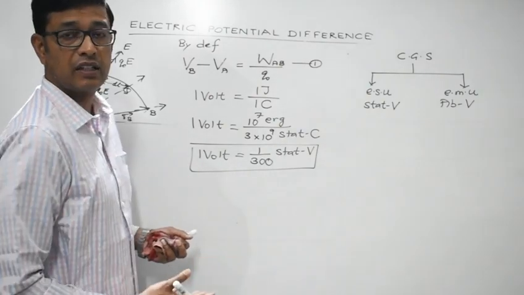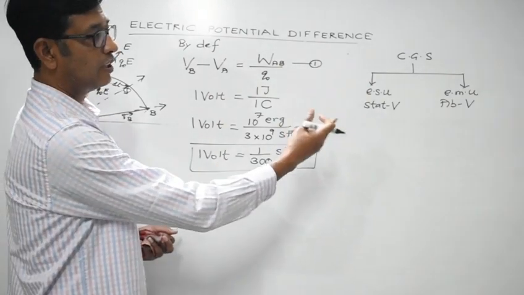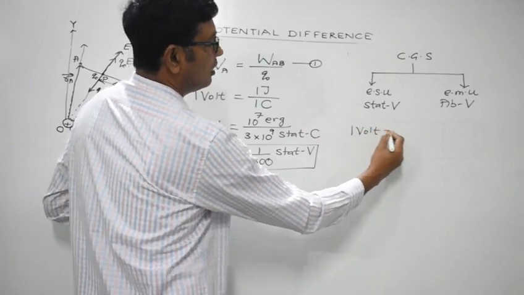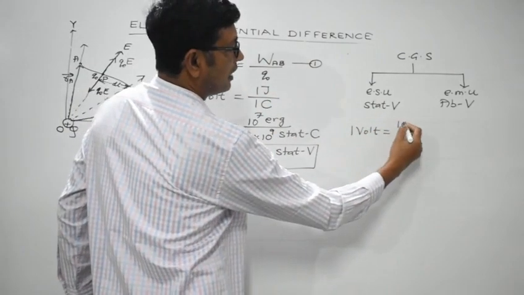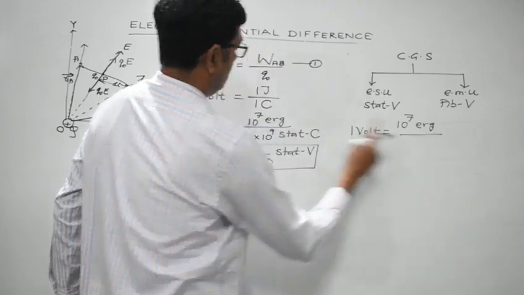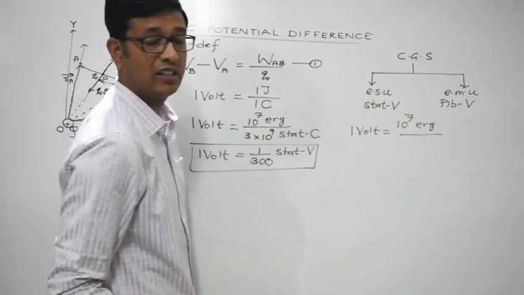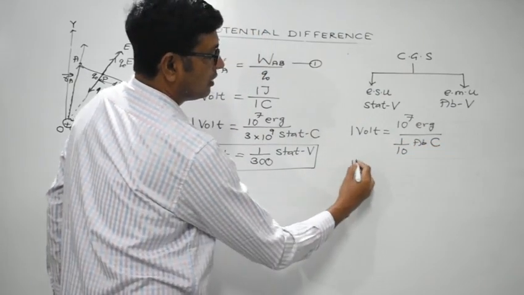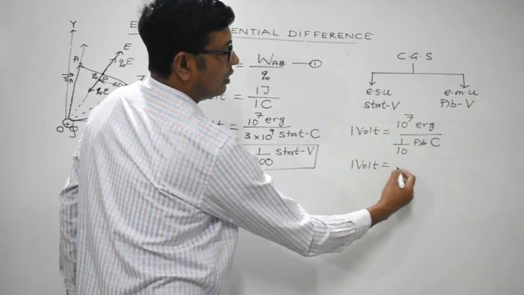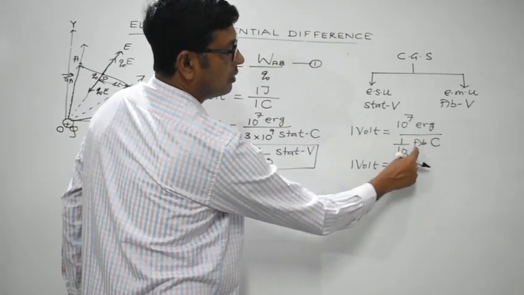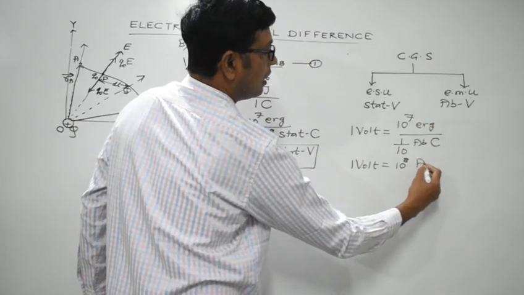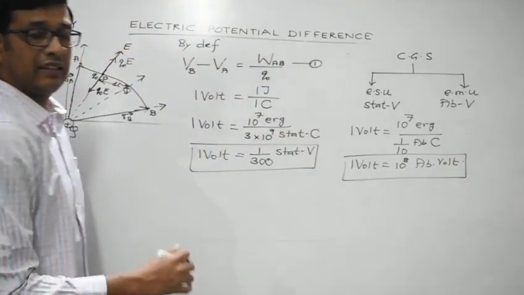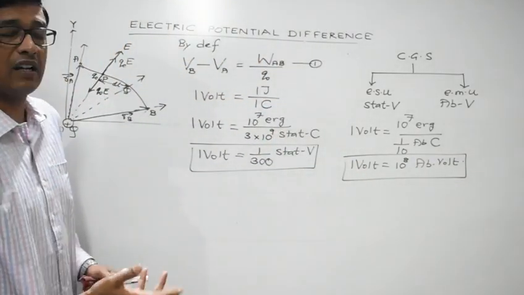In a similar manner, we can get the relationship between the SI and the electromagnetic CGS unit of potential difference. So we'll proceed in the similar manner. 1 volt can also be written as 1 joule, which is 10 to the 7 erg. 1 coulomb, its electromagnetic unit is ab coulomb, and 1 coulomb is 1 by 10 ab coulomb. So what we get is 1 volt is equal to 10 raised to the power 8 erg divided by ab coulomb. That will give us ab volt. So this is the relationship between the SI unit of potential difference and the electromagnetic CGS unit of